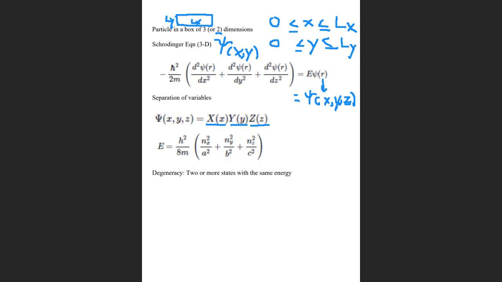Likewise, the allowed energies follow a similar formula. If A is Lx, and B is Ly, and C, adding a third dimension, traps a particle in a 3-dimensional parallelepiped, then here is the formula for the energy, where you have 3 quantum numbers,